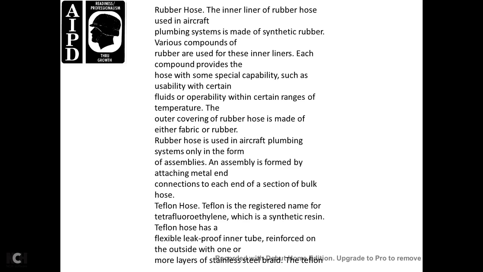The outer covering of the rubber hose is made with either fabric or rubber. The rubber hose is used in the aircraft plumbing system only in the form of an assembly. An assembly is formed by attaching metal connection fittings to each end of a section of bulk hose. Teflon hose is the registered name of the